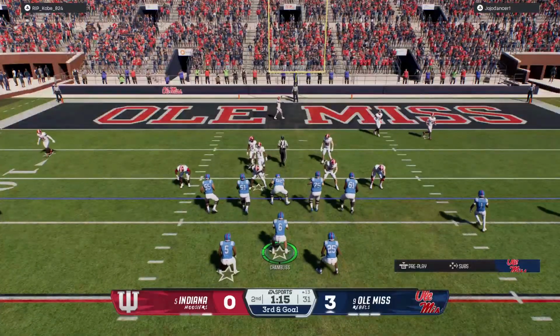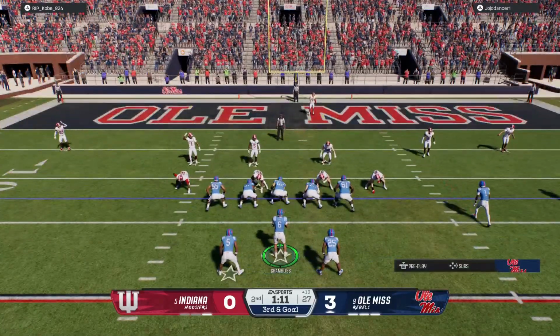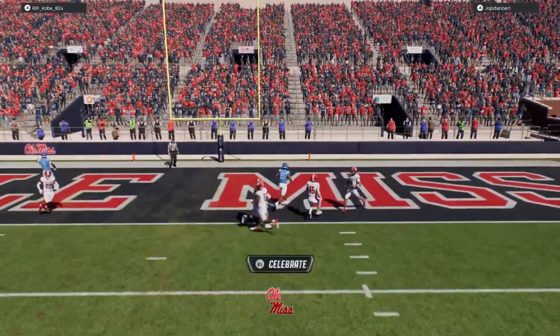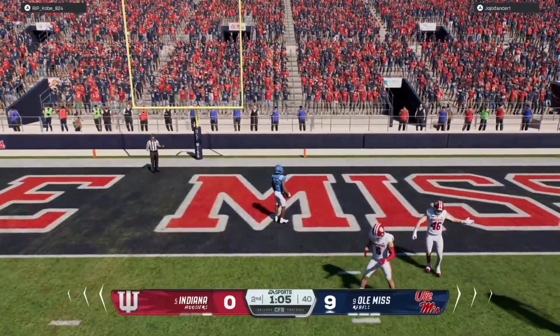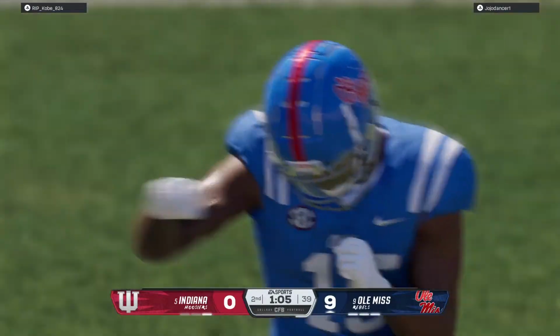Now on 3rd and goal, and that earlier sack left them with more ground to cover. Back in motion, try to clear the picture. Wide out trying to get it in. And he's going to score. Touchdown, Ole Miss. One of the reasons this offense is so exciting to watch, they've got guys that are dangerous